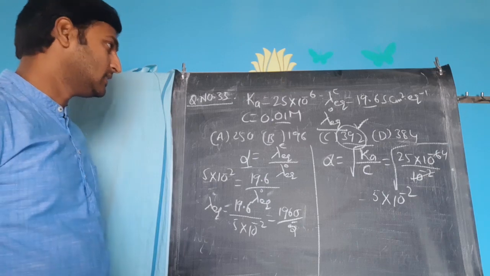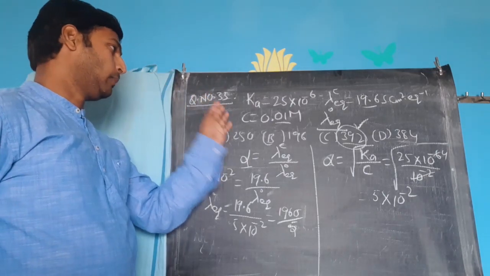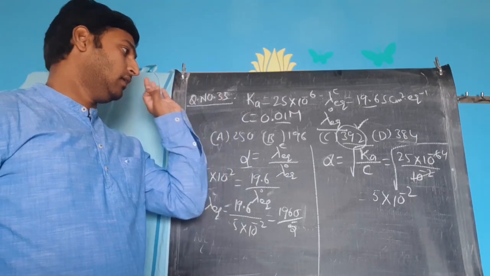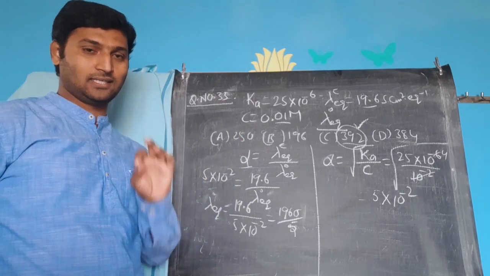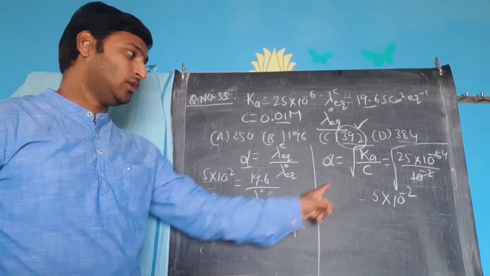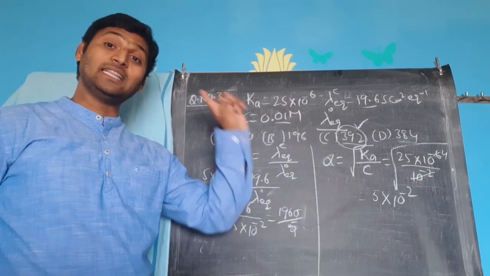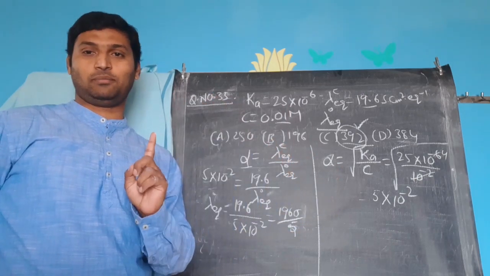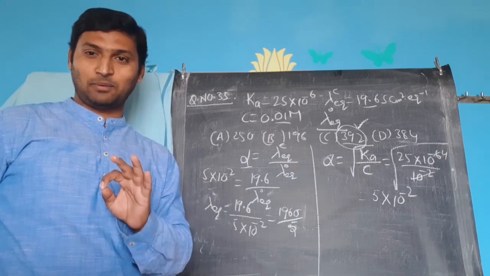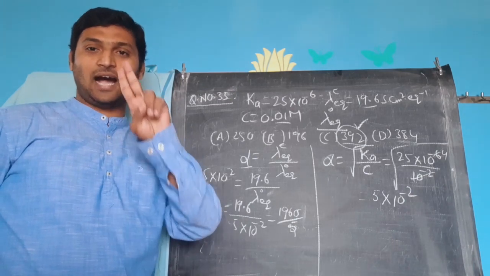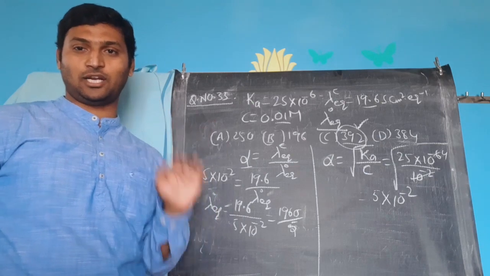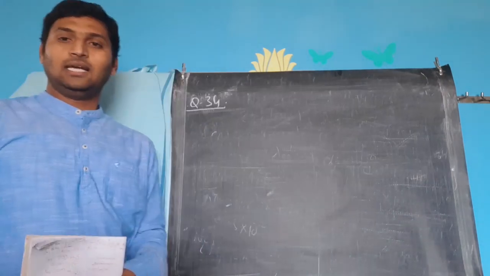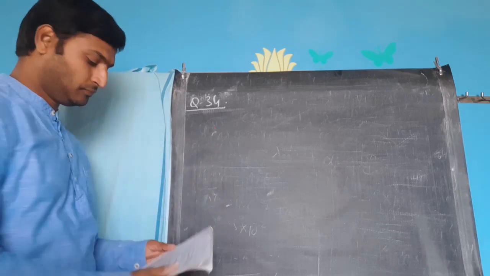Okay. That is a question based on molar conductance or equivalent conductance of weak electrolytes. Now if you notice, again you had to use Ostwald's dilution law. That is a concept from ionic equilibrium. Again and again, please understand, electrochemistry, ionic equilibrium, redox reactions, these three are like one chapter, as you can notice. Let's move on to question 34.